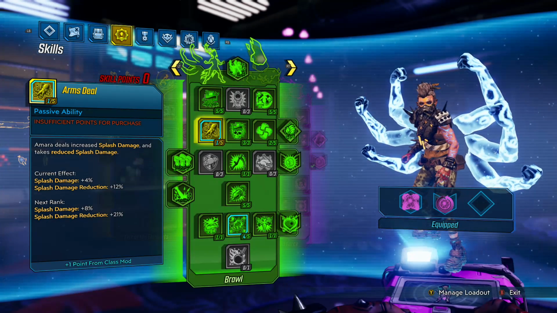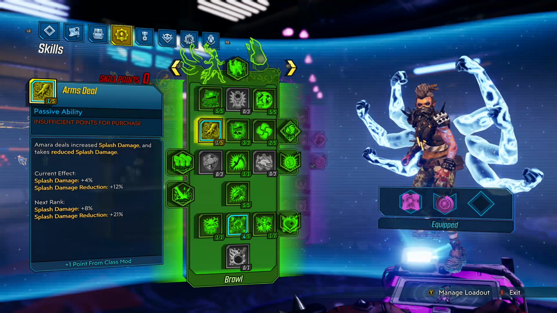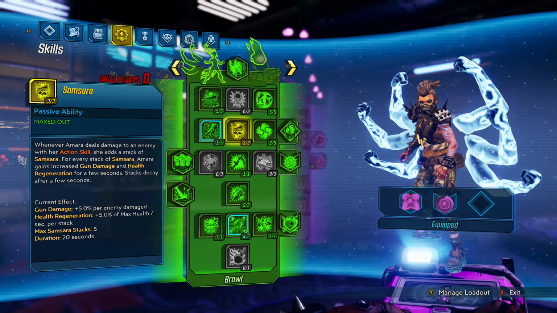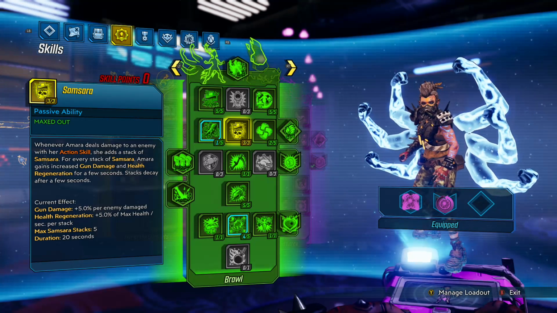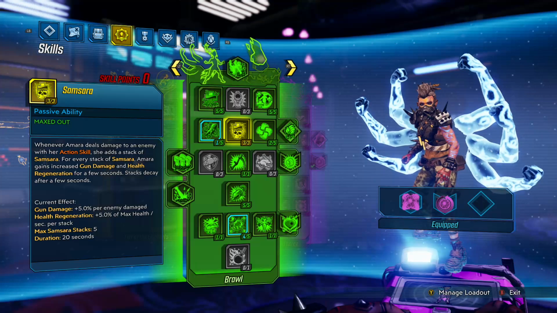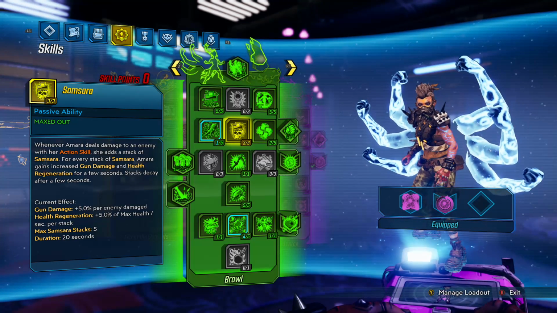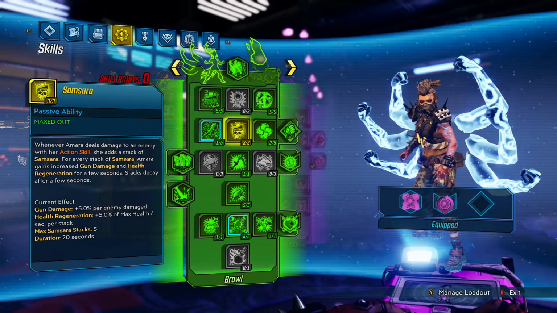The 1 point I get from the class mod here is pretty much useless. I don't really use flash weapons, but adds the damage. Plus 5% gun damage for enemy damaged, which is useful. I guess you could not invest in this if you